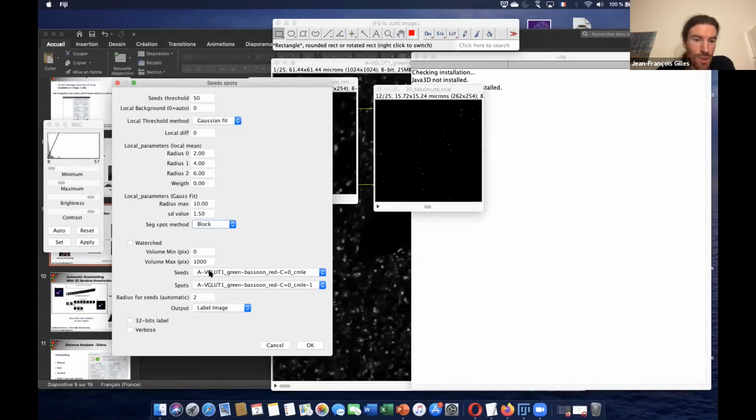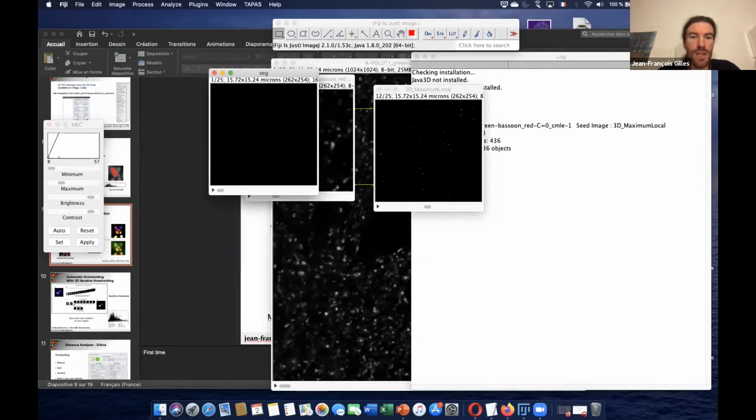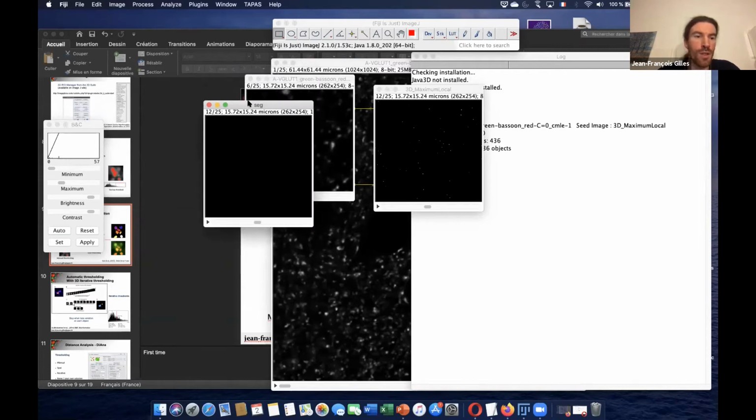So here we have seeds corresponding to the peaks, the local maxima we just computed, and the spot, I think this one, corresponding to the initial image. When we do this, we obtain a new segmented image, and I need to adjust this.